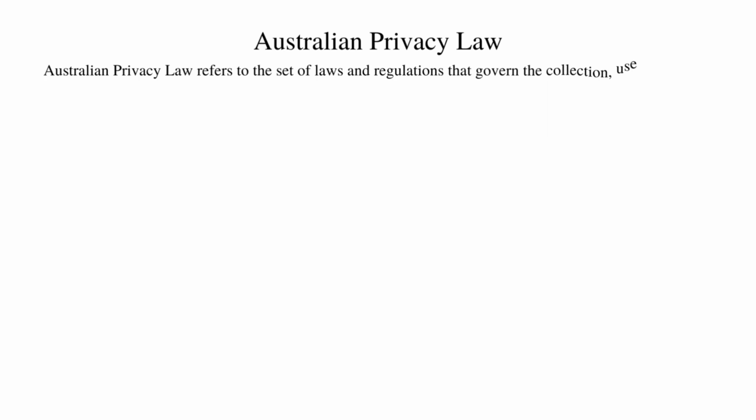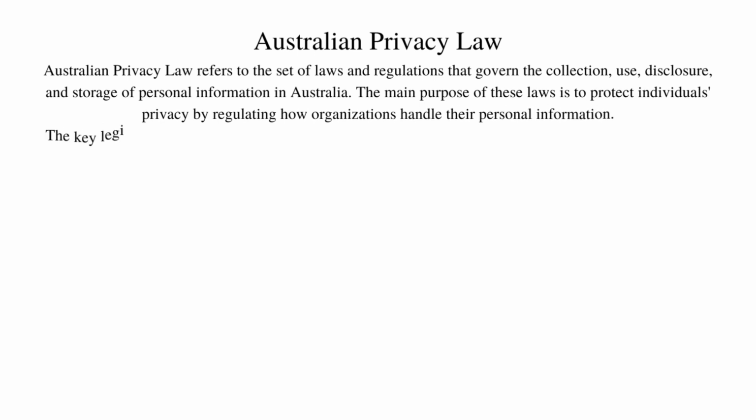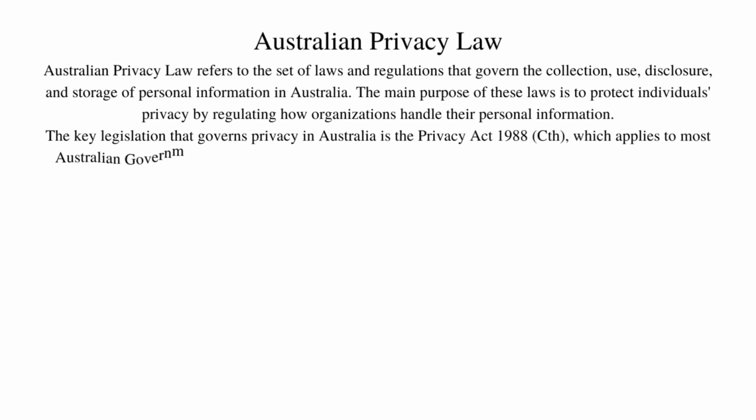Australian privacy law refers to the set of laws and regulations that govern the collection, use, disclosure, and storage of personal information in Australia. The main purpose of these laws is to protect individuals' privacy by regulating how organizations handle their personal information. The key legislation that governs privacy in Australia is the Privacy Act 1988, which applies to most Australian government